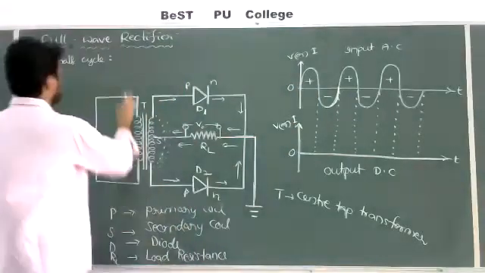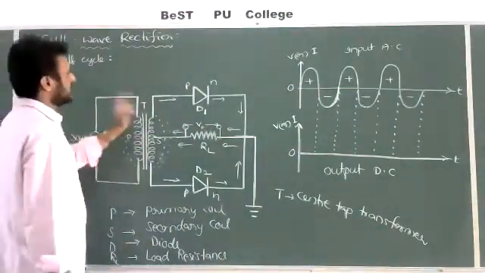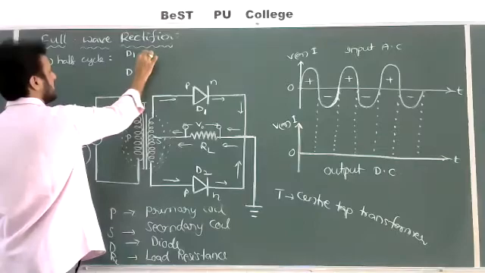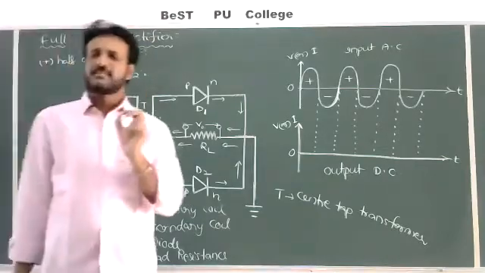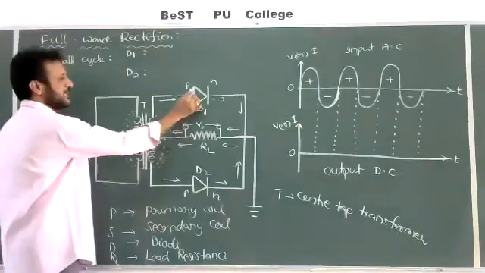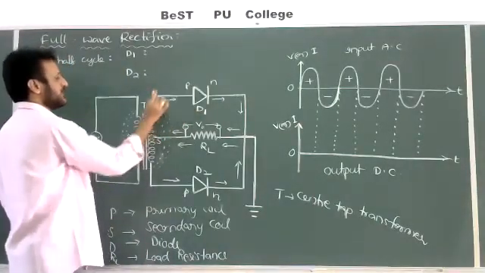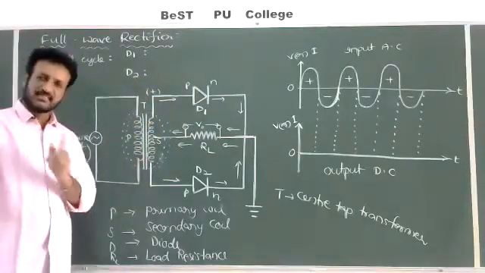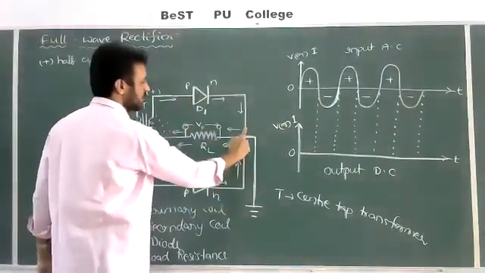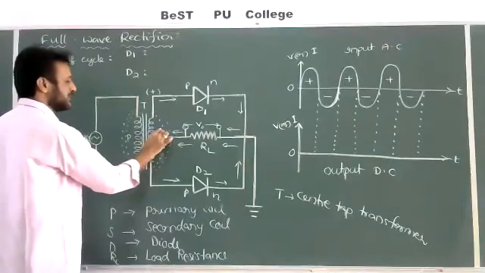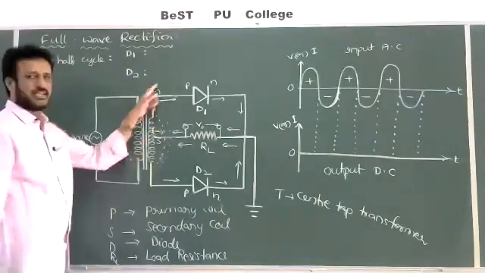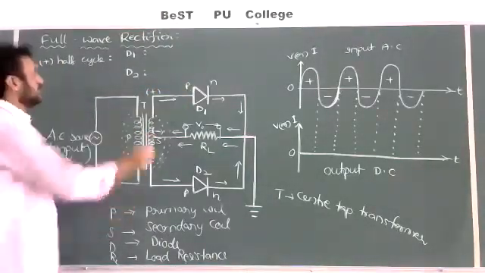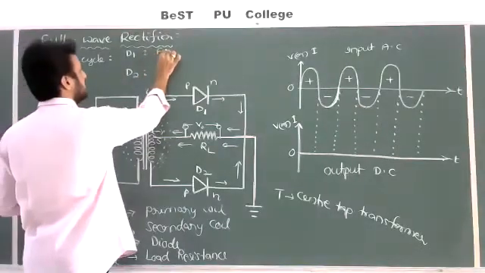Now, during the first half cycle, I'll take diode D1 and diode D2. How does D1 act and how does D2 act? Now check here. During the first half cycle of the AC, the P-type semiconductor of the first diode will be connected to the upper part of the secondary coil, which acts like the positive terminal. At the same time, the N-type semiconductor through the load resistance appears to be connected to the negative terminal of the secondary coil like this. So here plus, here minus. Now how does the diode act? Forward bias. So during the first half cycle, diode D1 acted as forward bias.